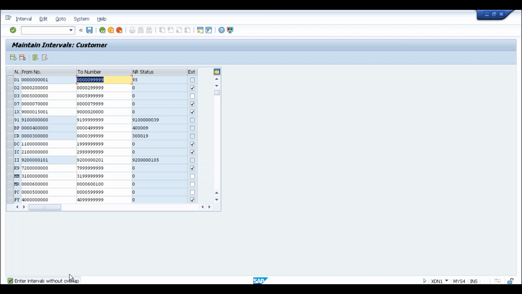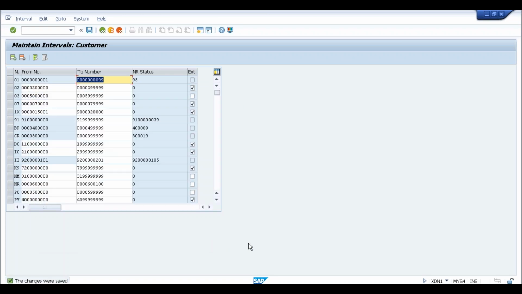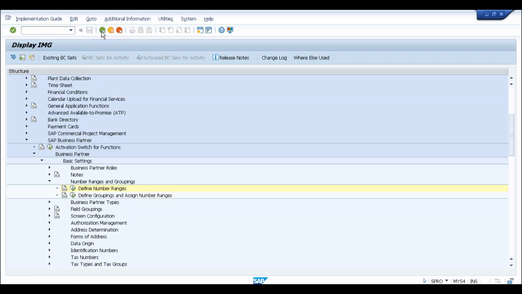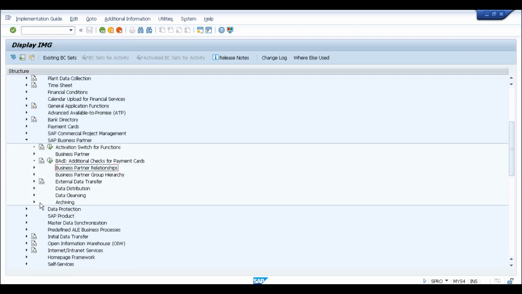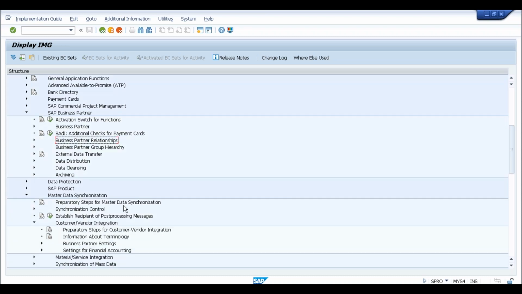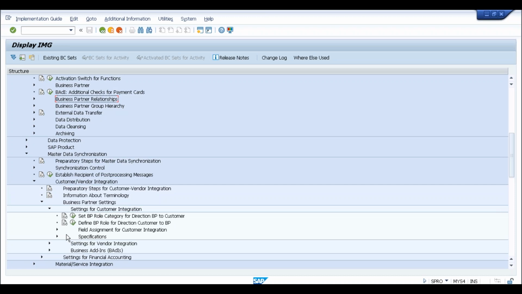Which one is overlapping? I think this one. So I'll make this 99. Okay, so now I have both number ranges the same and the second number range set as external. The only thing is I need to click on that tick, which says I want the same number range to be available for customer. So I'll go to customer vendor integration once again, business partner settings, settings for customer integration,